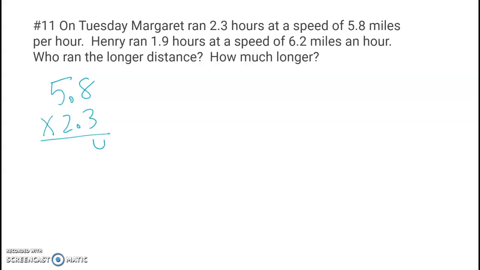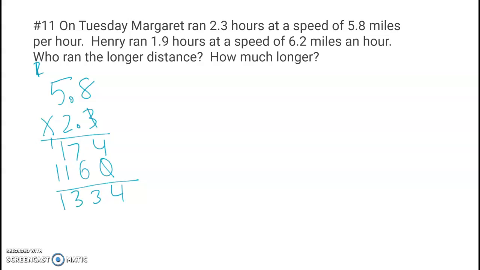So 8 times 4 is 24, carry the 2. 5 times 3 is 15, plus the 2 is 17. Moving on, I put a place value 0 down. 8 times 2 is 16, carry the 1. 5 times 2 is 10, plus the 1 is 11. When I add that,